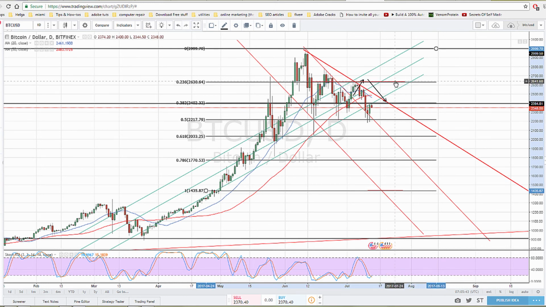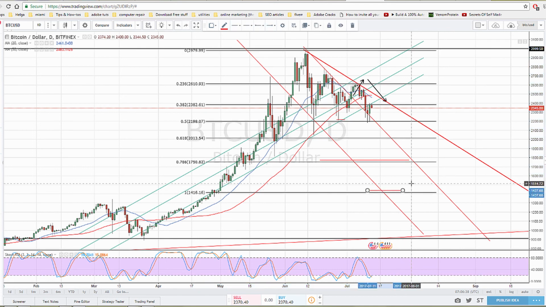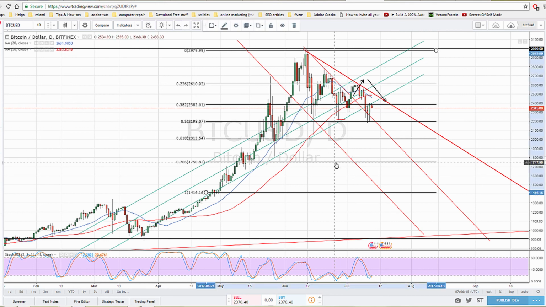So I'm going to clean up this chart now. This red line, we don't need it anymore because it's already the Fibonacci line here. I'm going to delete this one. I'm going to delete this other support and resistance line that I had here, because now we can see it on the Fibonacci. I had another red line here, right behind the Fibonacci. I'll delete this one and this other one too, because now we have the Fibonacci lines. So I can clean up the chart a little bit.